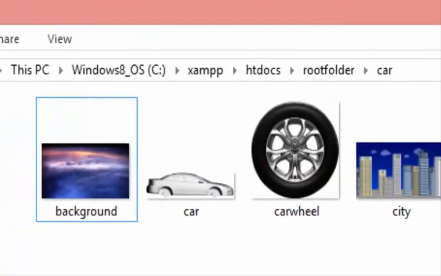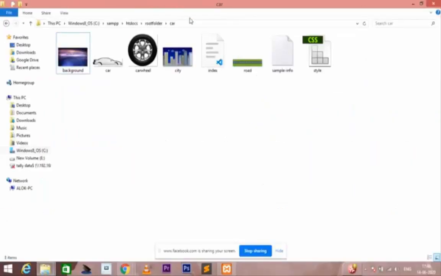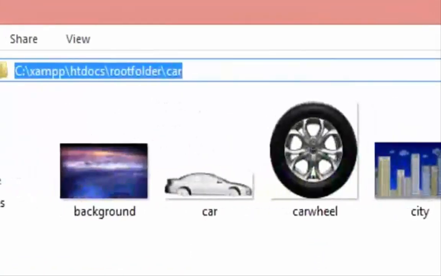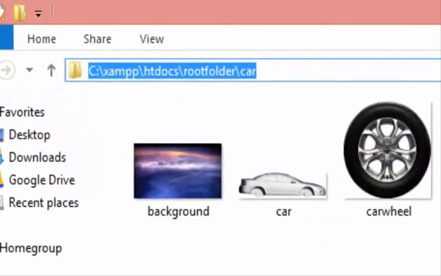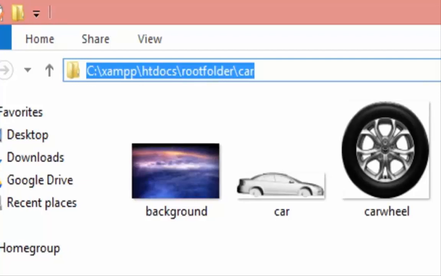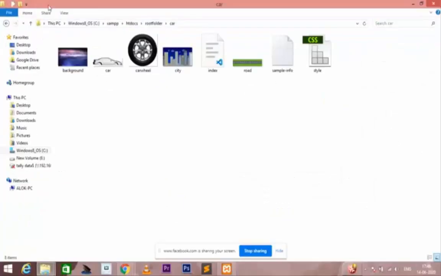This PC, Windows 8, XAMPP, htdocs, root folder, and then I create a folder, that is car. If you don't know how to paste it, you simply click on that and you can see the entire content. Again I zoom in, so you can see that my folder location is C, XAMPP, htdocs, root folder, and car.